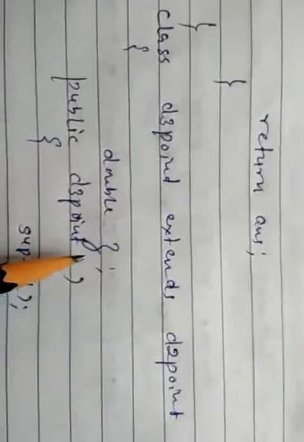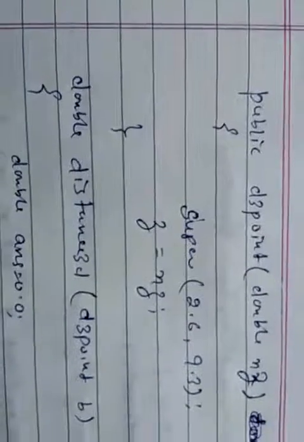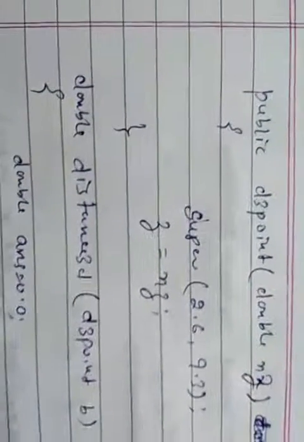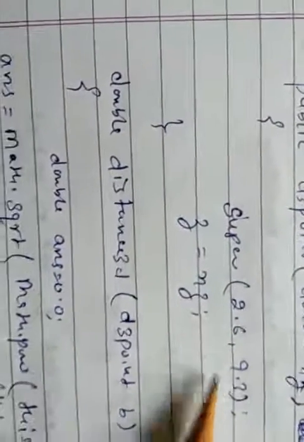And now we are creating another class 3DPoint extending 2DPoint, and here is one variable z, and this is the constructor of the derived class. Before the derived class, the constructor of the base class should execute. So we can write super, or it will automatically execute the default constructor. So we are mentioning only z equals 0.0, and this is the parameterized constructor of the derived class. So we are sending two values to the base class, and here we are assigning the value of z.